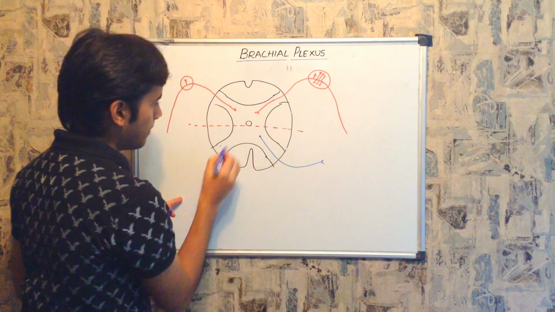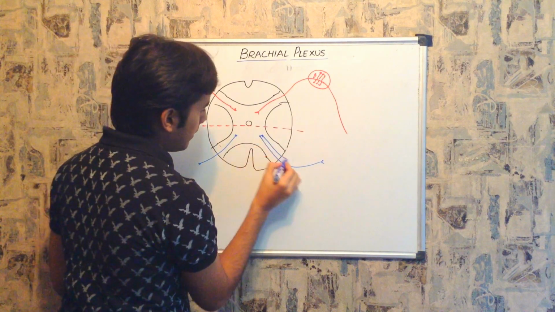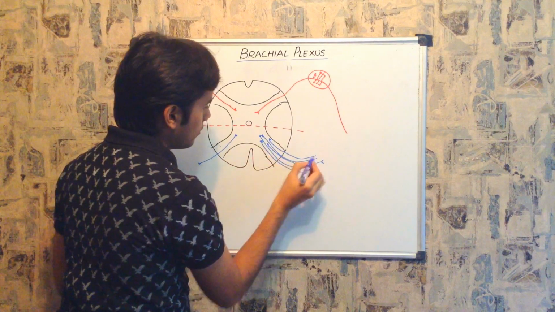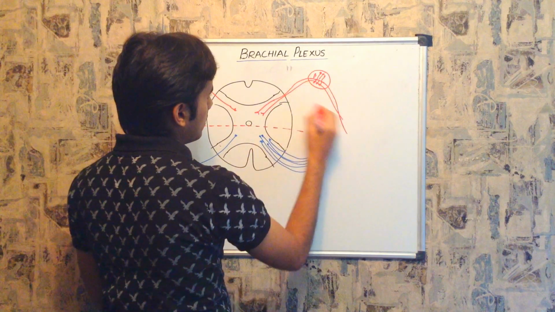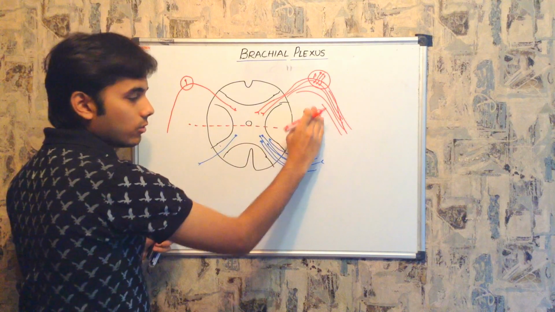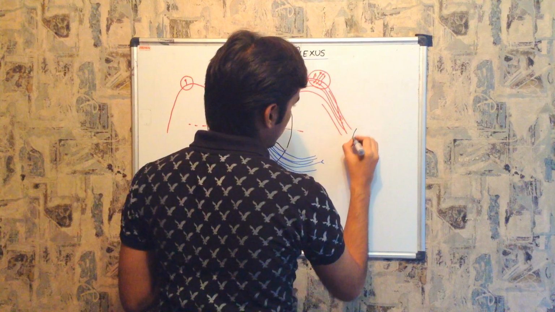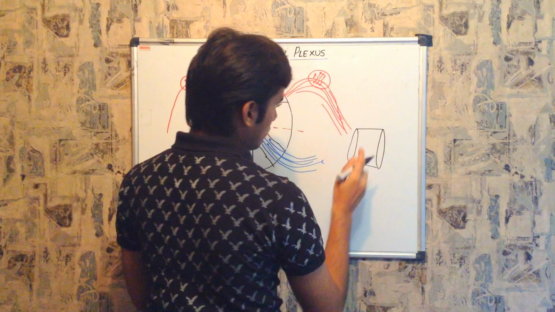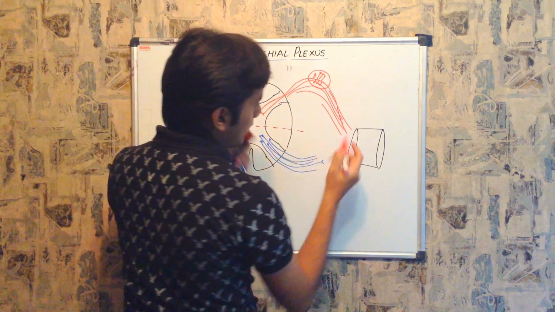the motor neurons, right? I have drawn only one, but actually there are bundles and bundles of motor neurons and thousands of bundles of sensory neurons. In the same way here, thousands and thousands of sensory neurons. All these sensory neurons as well as the motor neurons are combined in one nerve, which is called the spinal nerve. So this is the spinal nerve. Immediately when they come out of the spinal cord, they enter into this spinal nerve.